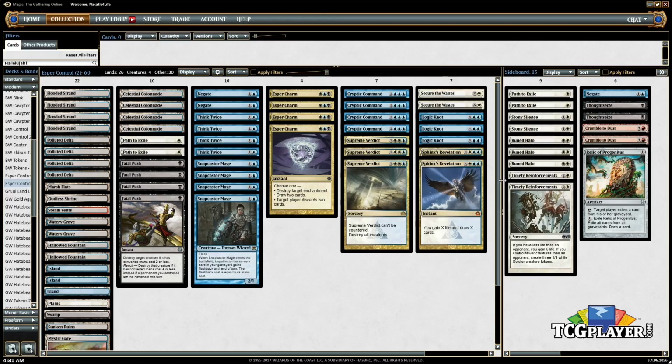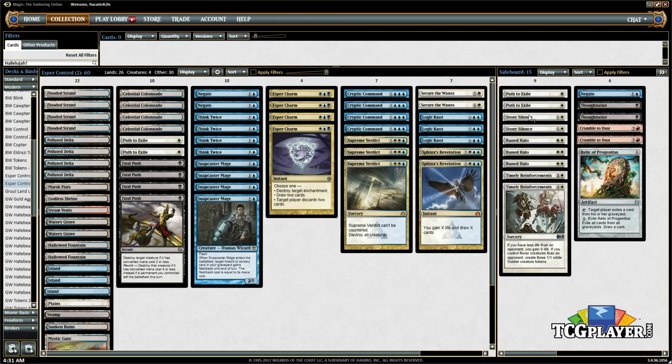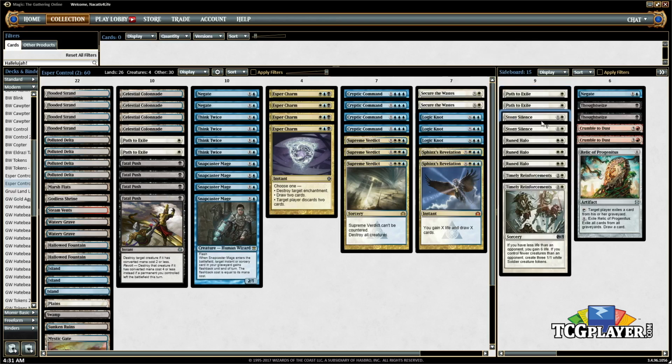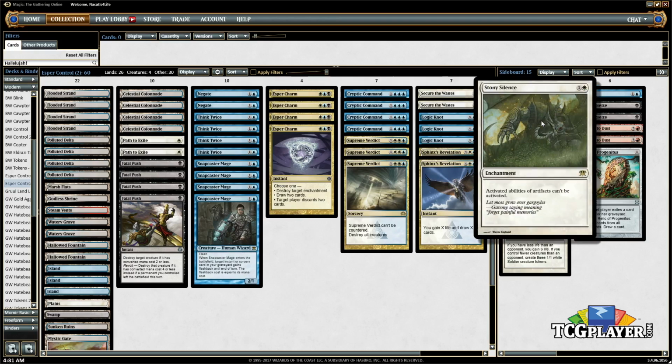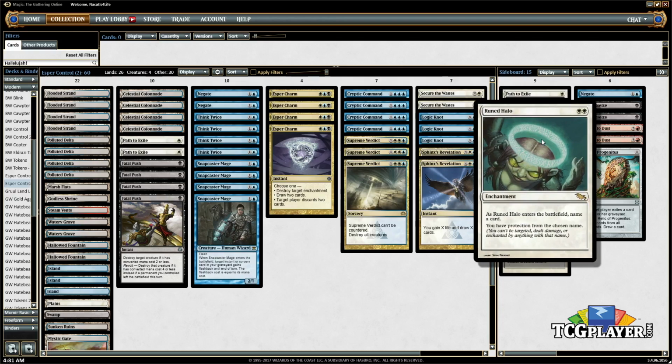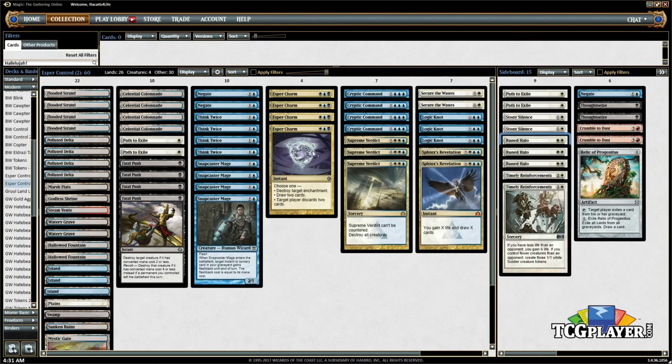And then out of the sideboard, we get things like more Path to Exiles, in case we need more 1-mana removal spells. And we get Stony Silence against Tron and Lantern and Affinity, decks that really rely on artifacts. Rune of Halo is kind of a removal spell that can also come in when we take out our removal spells. So against a deck like